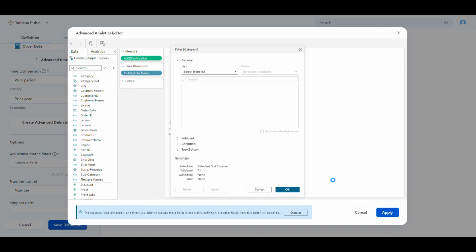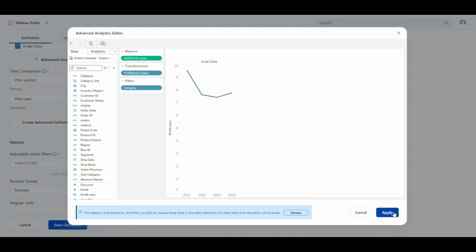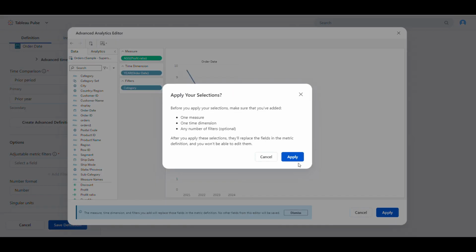category. So the moment I choose everything and click OK, and when I click on apply, see, before you apply your selections, make sure that you have added one measure. Time dimension and filters are optional. So after you apply these selections, they will replace the fields in the metric definition and you won't be able to edit them.